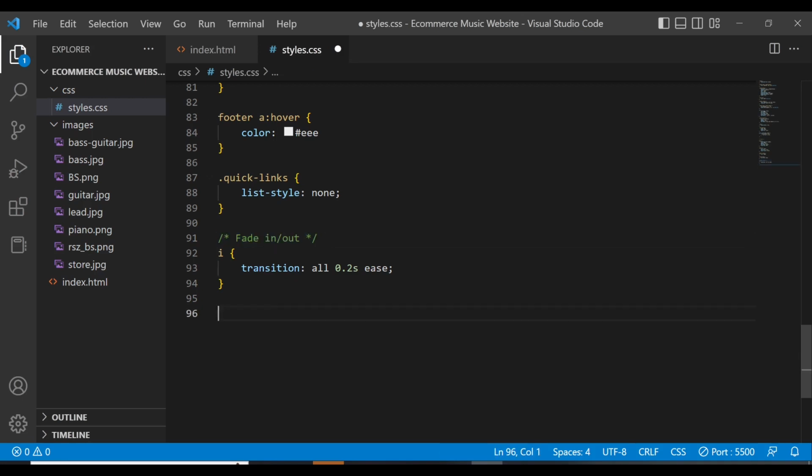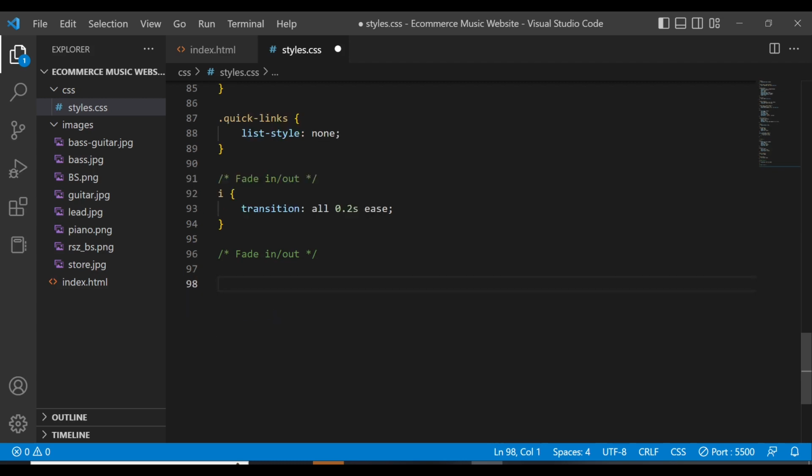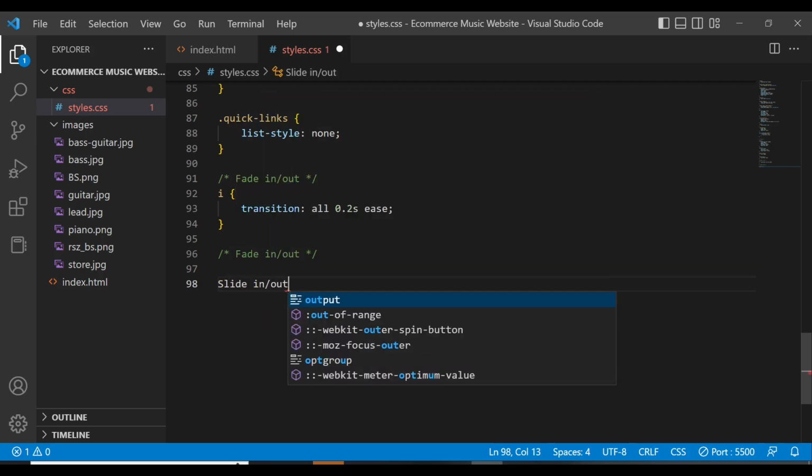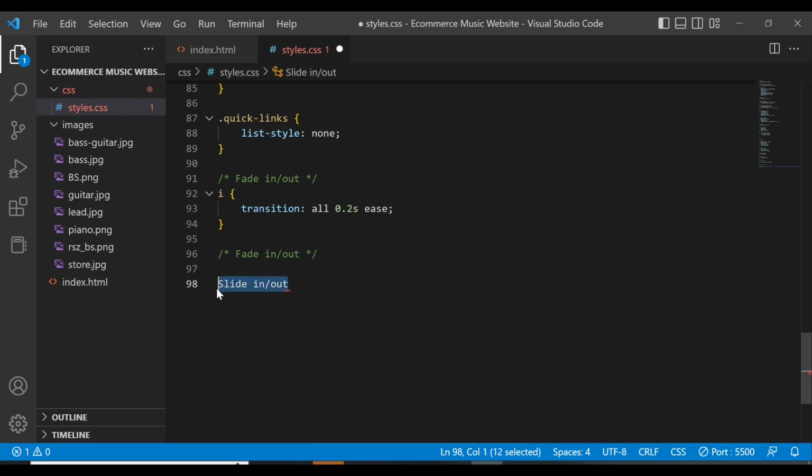So the same thing I'm also going to have here. So you can add a slide in. So for example, you can add a slide in, slide out effect. So sorry, this should not be there. I've already said that one. So yeah, so what we have,